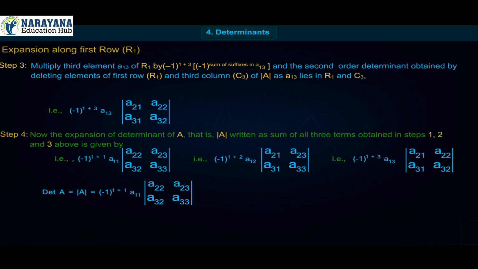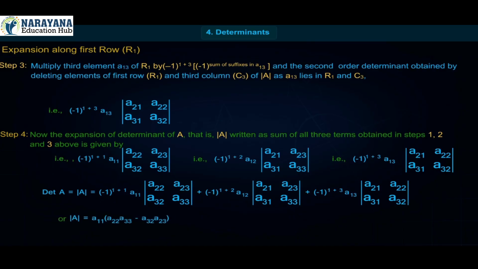is equal to minus 1 raised to 1 plus 1 into A11 into determinant A22, A23, A32, A33 plus minus 1 raised to 1 plus 2 into A12 into determinant A21, A23, A31, A33 plus minus 1 raised to 1 plus 3 into A13 into determinant A21, A22, A31, A32, or determinant of A is equal to A11 into A22,